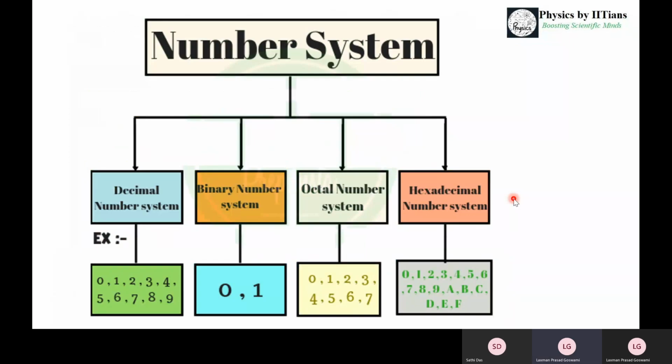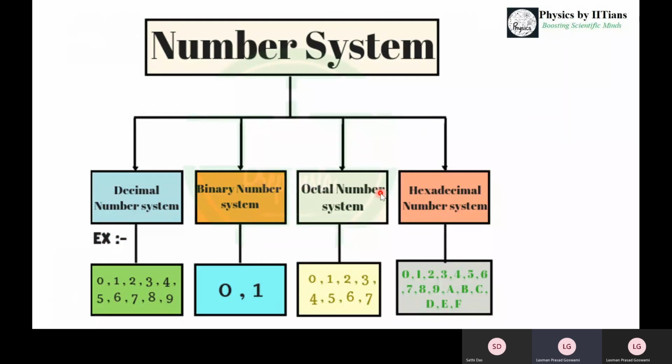The number system. Basically, we have four number systems. The one is decimal number system. In this number system, we have numbers from 0 to 9, that is 0, 1, 2, 3, 4, 5, 6, 7, 8, 9. And another number system is binary. Bi means 2. So its number system occupies only two numbers, that is 0 and 1. Basically, any computer system also recognizes the binary number system. Any number or any alphabet can be written in terms of 0 and 1 in this number system.